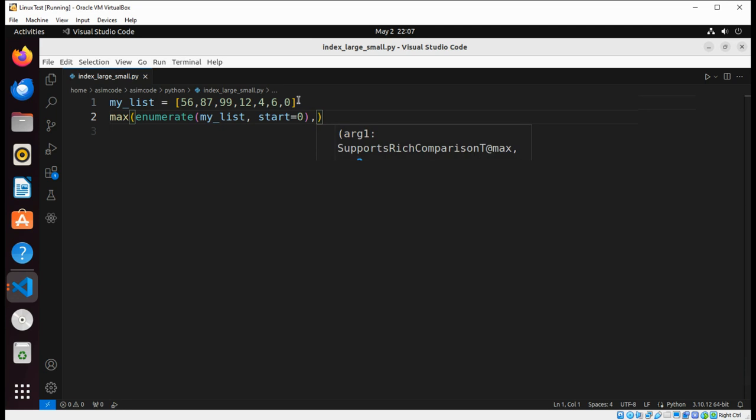The lambda function will tell the function to return a tuple pair of the maximum number and its index. This will be key set to